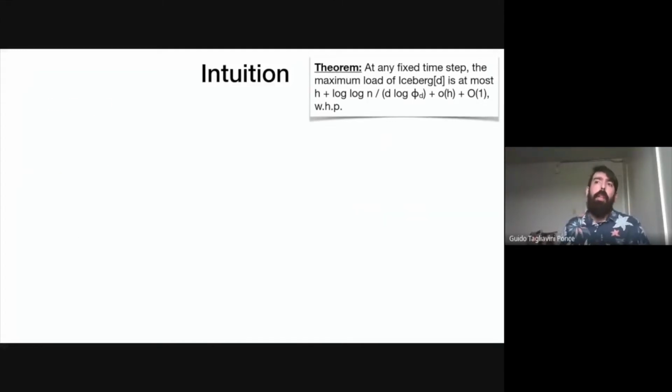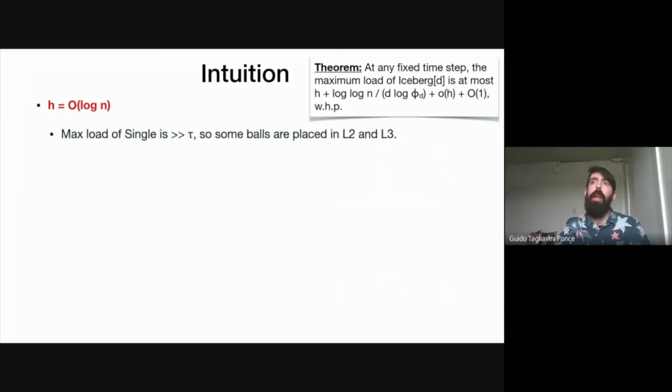Okay, so really the interesting case is when h is O of log n. So now the max load of single is going to be larger than tau. So some balls are going to be placed in level 2 and level 3. So the way to think about this case is, forget about the levels. Suppose you throw all your balls with single, and